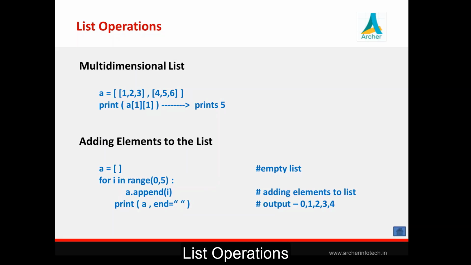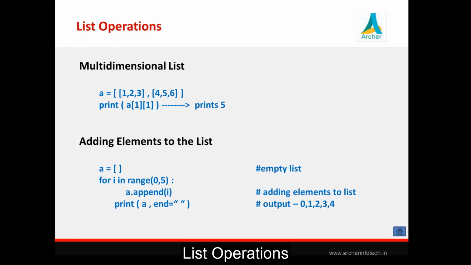But in case of Python, we have very advanced modules which contain very easy functionality to manipulate matrices. So obviously we're not going with this matrix operation using a multi-dimensional list, but this option is there to create a multi-dimensional list and to access individual elements by providing index values. Next we'll see how we can add elements to a list.